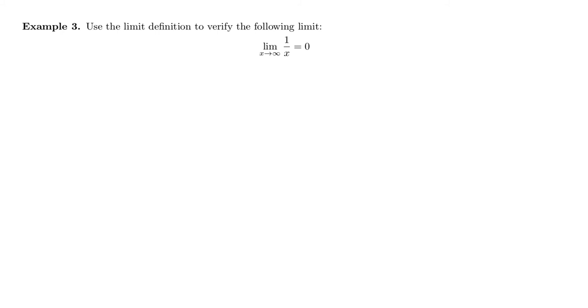Okay, so here we're actually dealing with an infinite limit. The limit is x goes to infinity. So now remember, the game is, I'm still starting with an arbitrary epsilon greater than 0. I don't get to pick that. That's given to me. It can be any number greater than 0. My job with the infinite limit is to find a real number m bigger than 0 such that what?